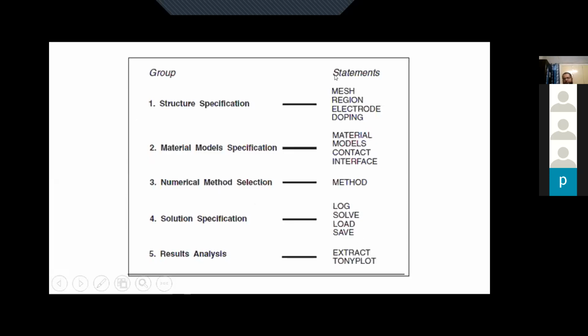In the structure specification, there is also an order to be followed. First, we have to create a mesh, that is various nodes. It depends on how coarse or fine you want to make the structure for calculation. The finer the structure, the more accurate the result will be. But after a certain level of resolution, you do not need to go further, because that will not alter the results but rather waste time. So we will see it.